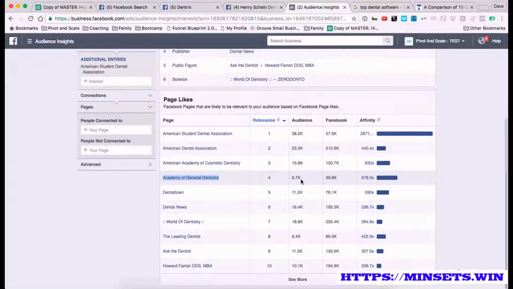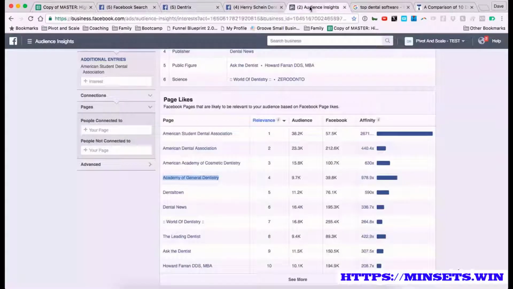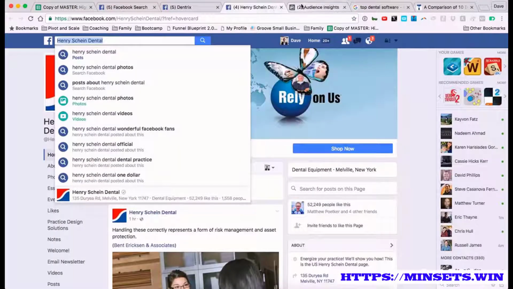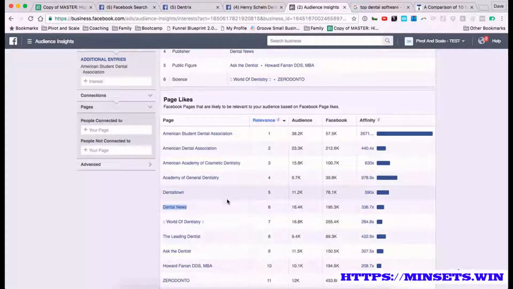You can see it's got 10,000 people. Dental Town, I think we did that. Dental News, 16,000 people. Now Facebook knows a lot about people, and so you might look through here and there might be some that are kind of off. Some might not be relevant here. You have to use your own judgment there, but in general,